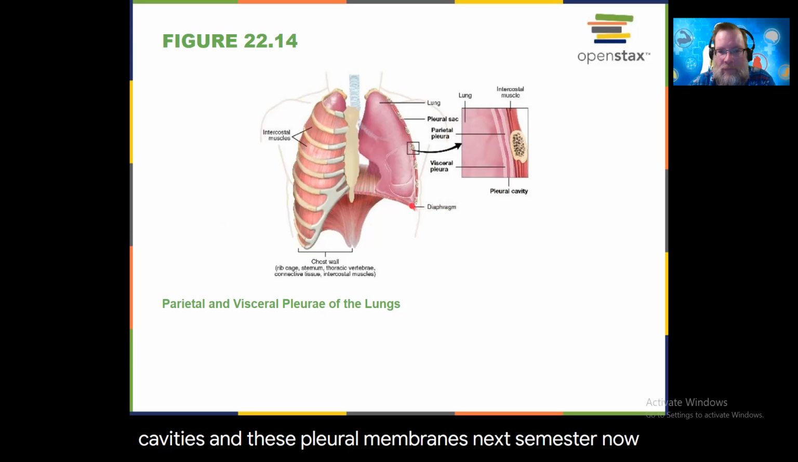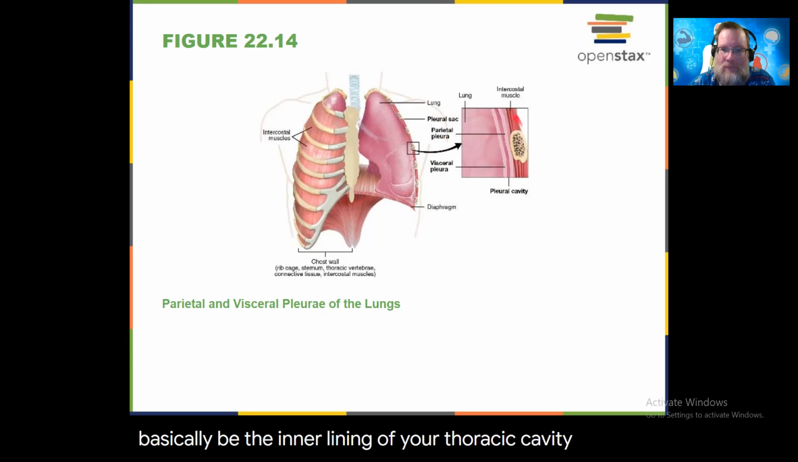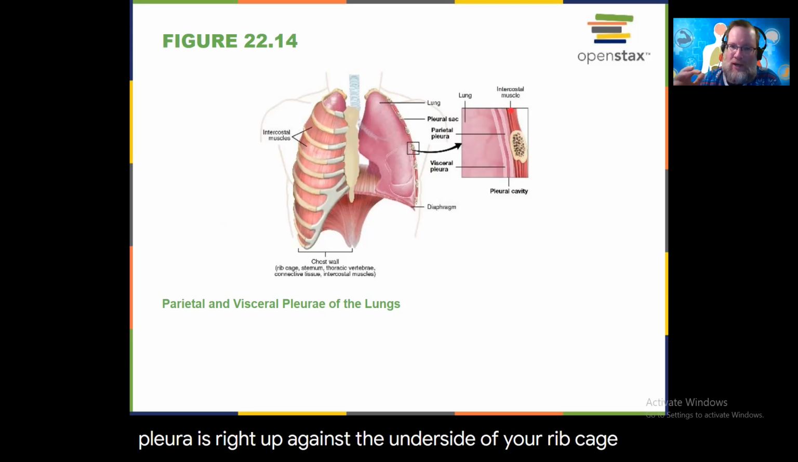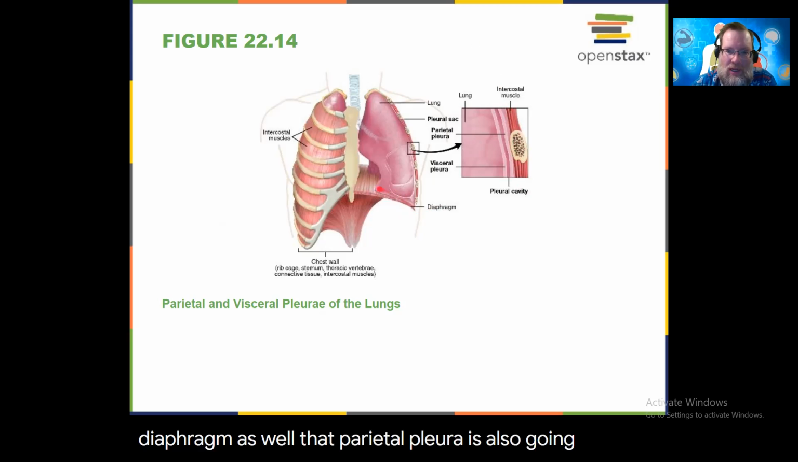Now, the parietal pleura is going to basically be the inner lining of your thoracic cavity. Okay. So we see the thorax and the thoracic cavity. That parietal pleura is right up against the underside of your rib cage or your thoracic cage. As we go down and we see the diaphragm as well, that parietal pleura is also going to be what's